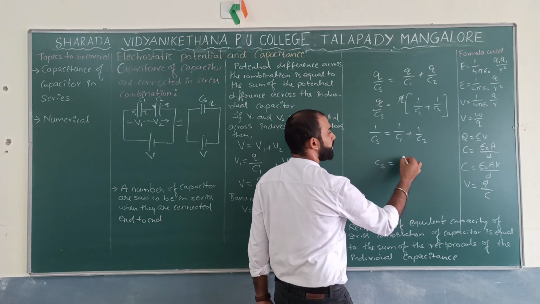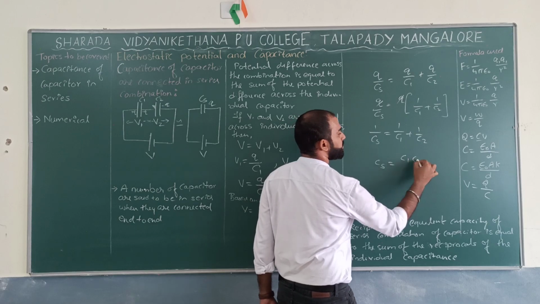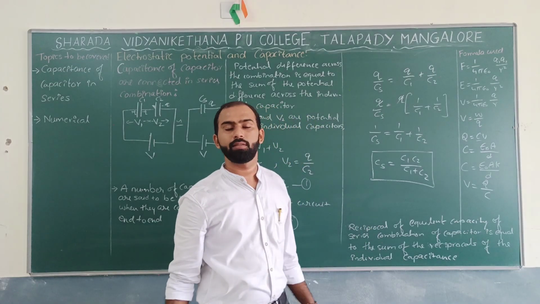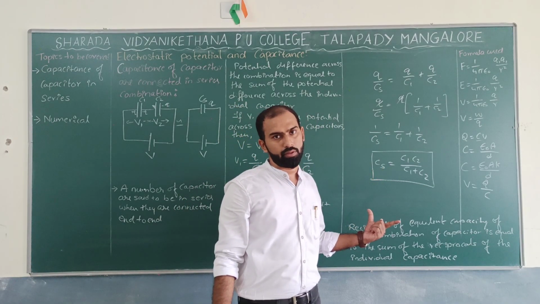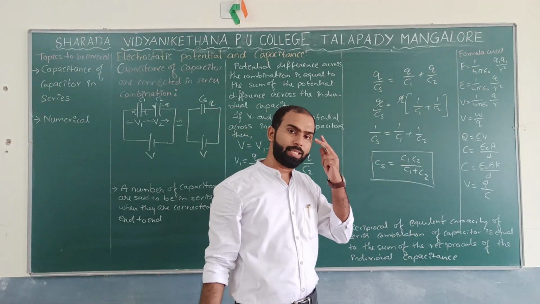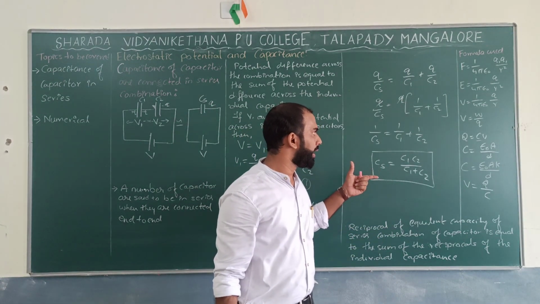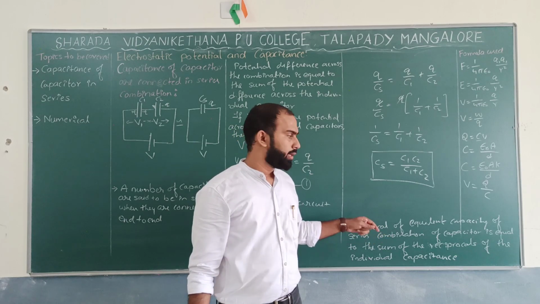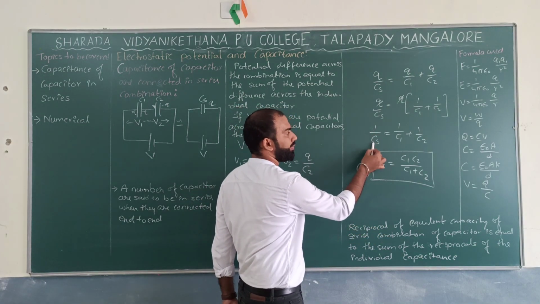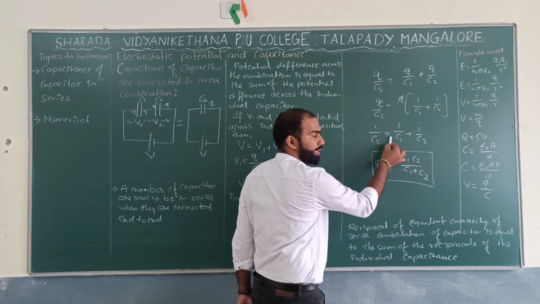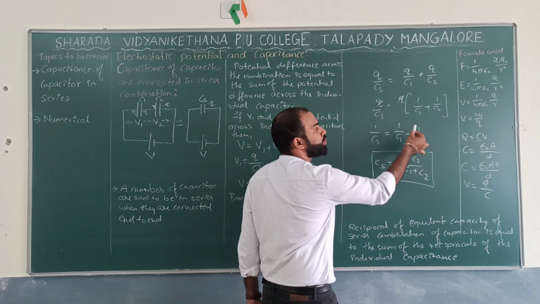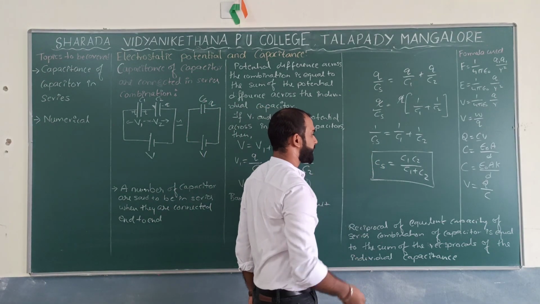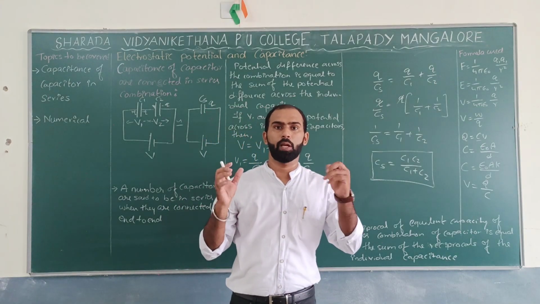That is CS, which is equal to C1 C2 divided by C1 plus C2. What do you mean by CS over here? It is the capacitance of capacitors in series. And one more definition I can expect. If they ask to define the capacitance of capacitors in series, it is the reciprocal of the equivalent capacitance, which is equal to the sum of the reciprocals of the individual capacitances in series. Are you getting it? So this is how exactly we can expect it whenever we connect capacitors in series.